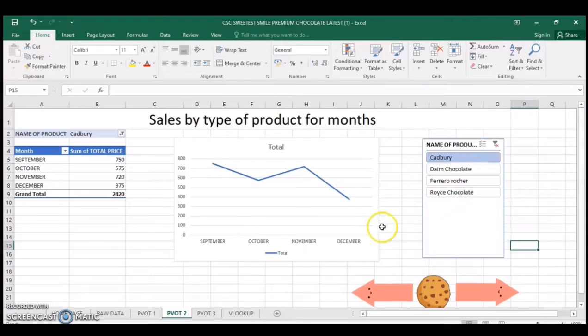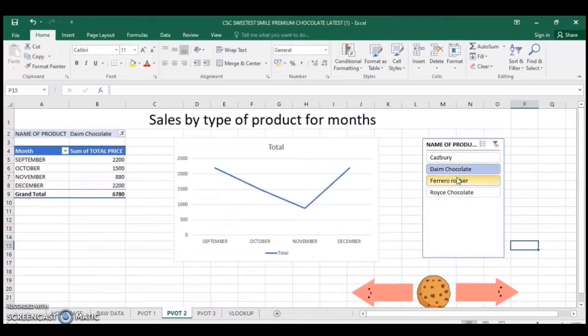Next, we have a slicer. This is the slicer that we can easily choose from. Slicers are a visual filter. Using a slicer, you can filter your data by clicking on the type of data you want, or the product we want to know the sale of. With a report filter, you will have to click several times to pick one product. But with a slicer, it is a matter of a simple click.